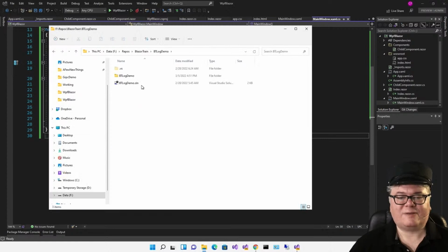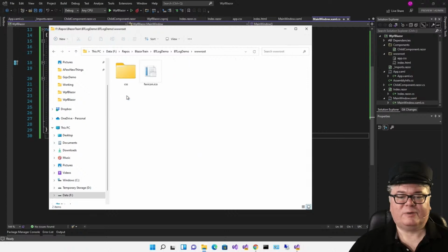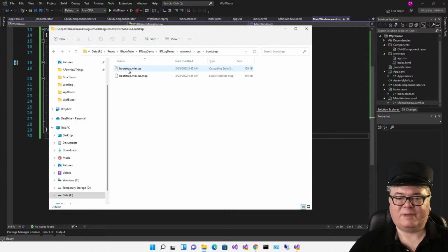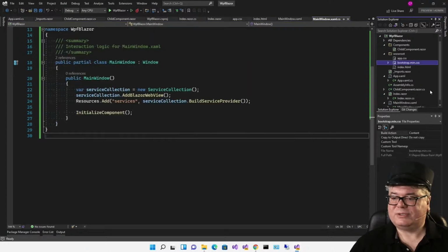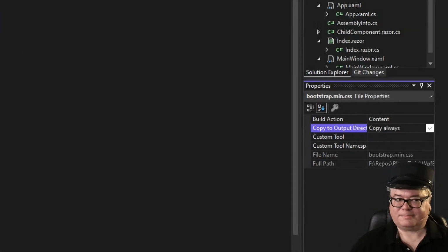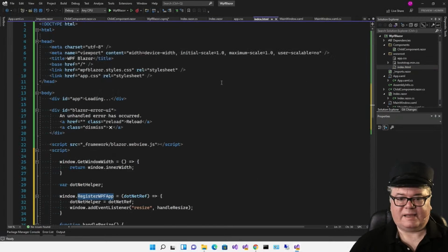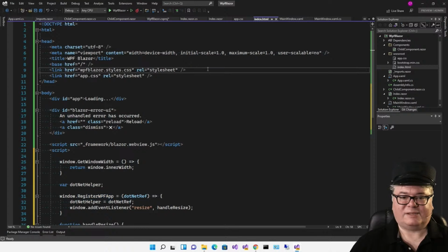So I'm going to go to the last one that I shared with you, BTLogDemo. Here's my web root, here's my CSS, here's my bootstrap, and now I can take this bootstrap.min.css and copy it into the web root, and I'm going to also set my copy to output directory to copy always. See that? And now I can go into index and we can add the style sheet here,